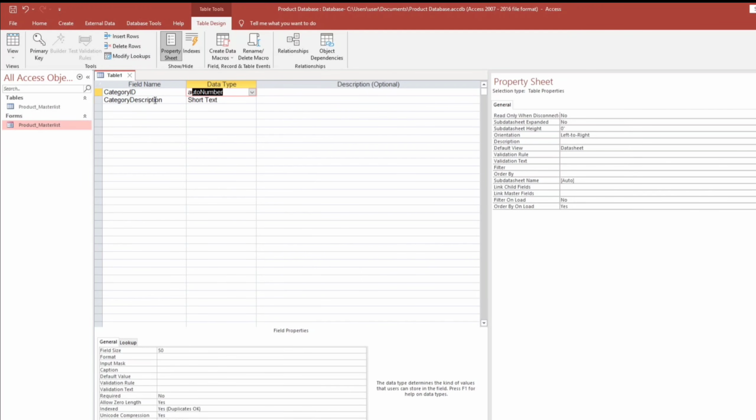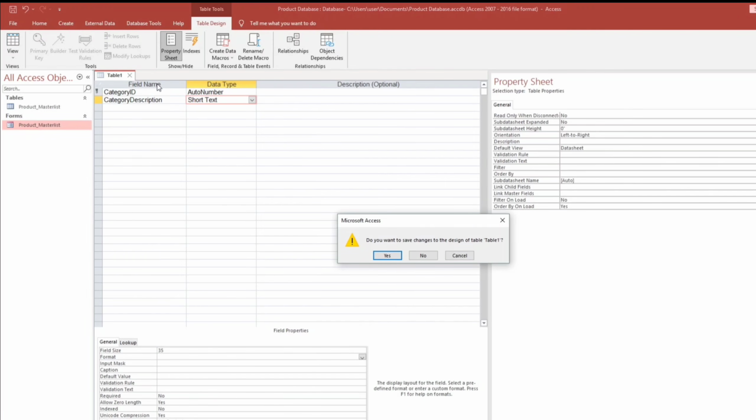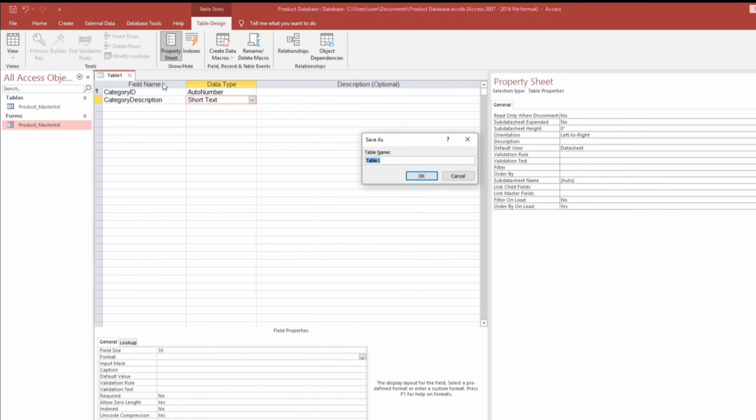So category ID, auto number, and this is a primary key, and then the category description is 35. 35 is enough. Then save category list. Okay,